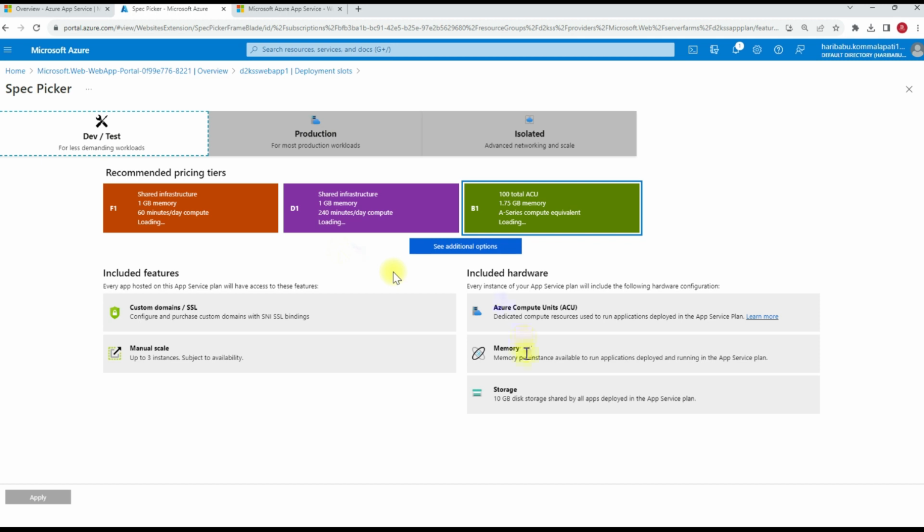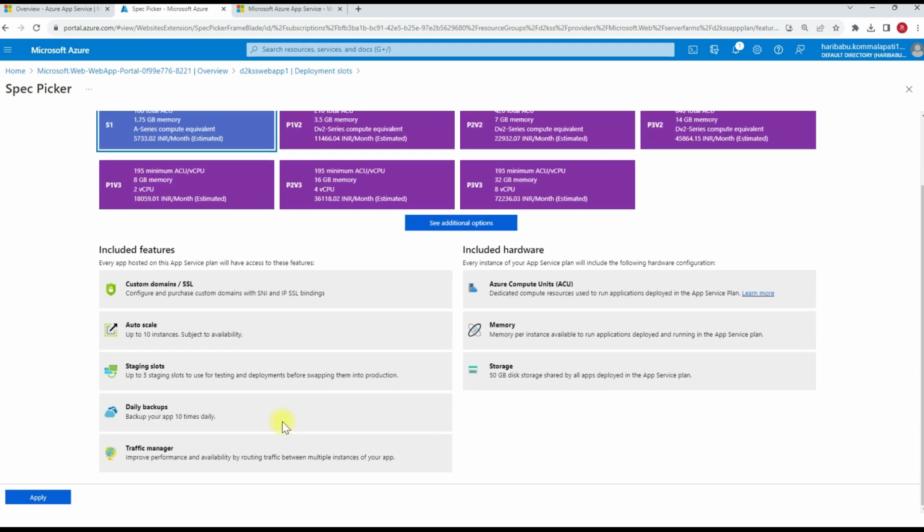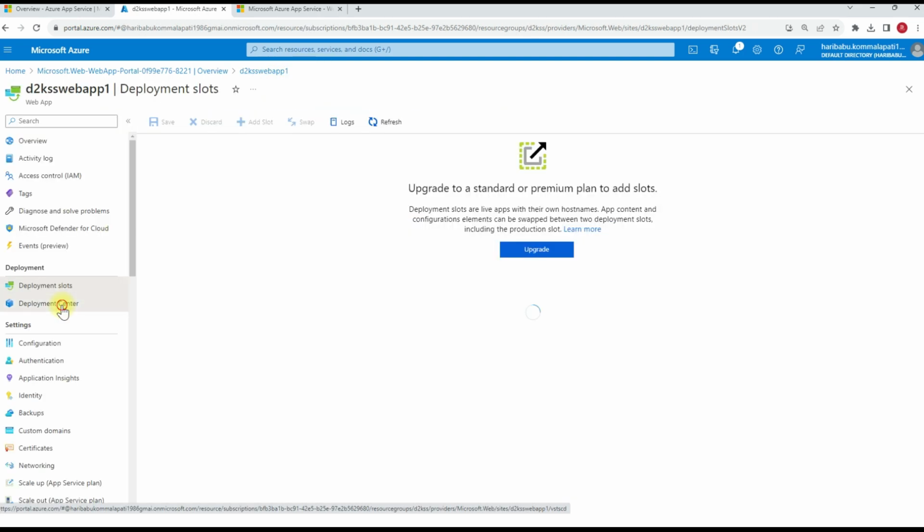So here it is, we don't have any deployment slot features. For example, if you go for production and you can choose S1, you will get those options. So for this demo I'm not going to choose that production option. And deployment center,